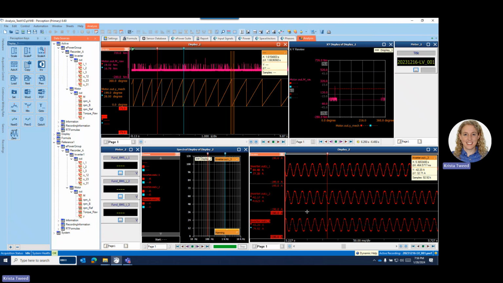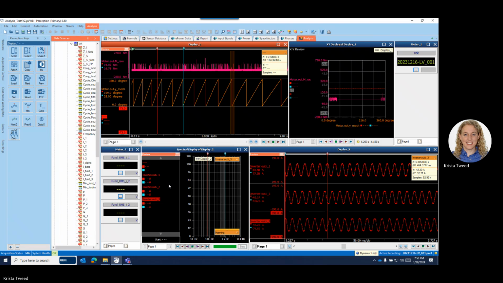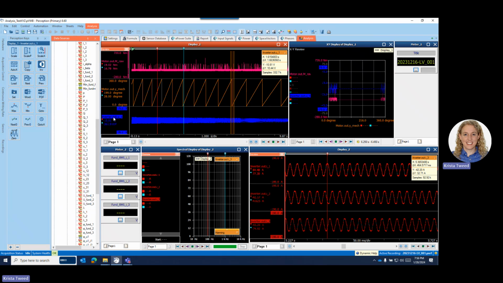So let's look. I've updated my displays to show me that if I under here go to U1, I can update that so that I see what I want right there. And then